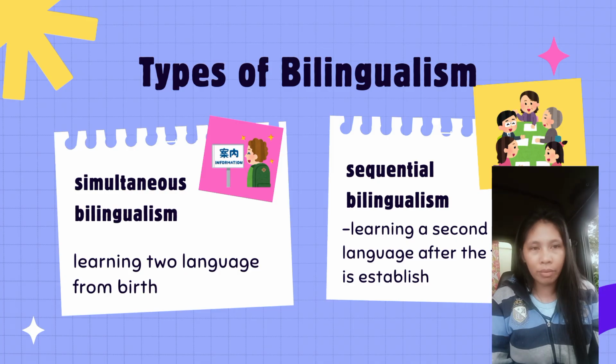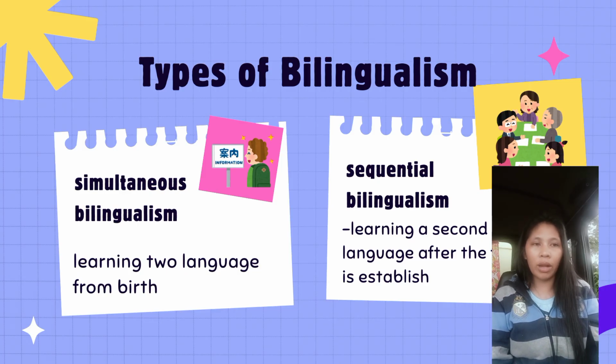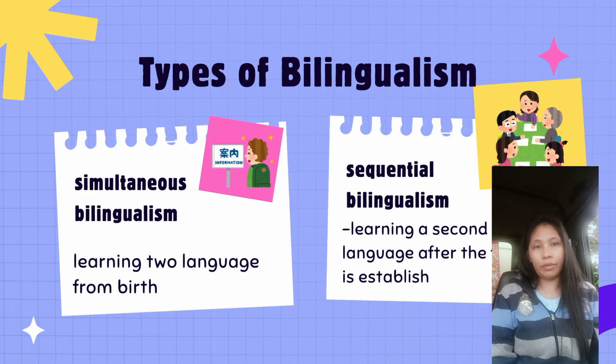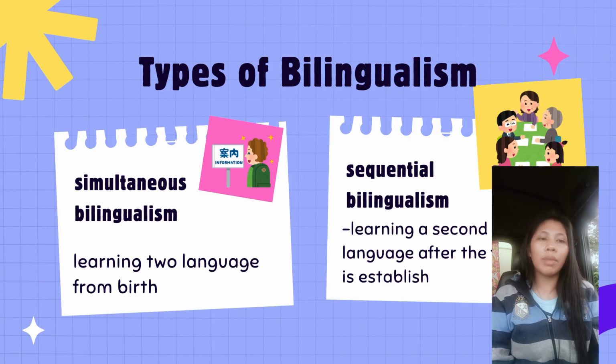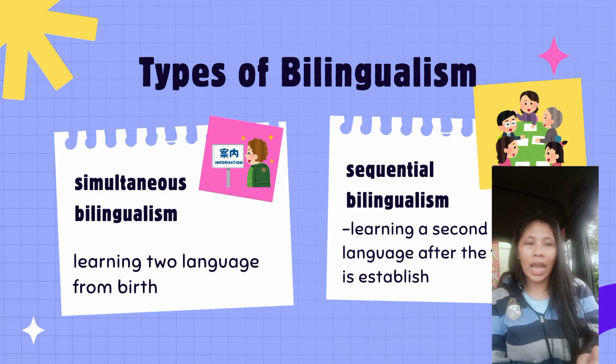An example is that parents speak different languages. That's why the child hears both languages since birth, familiarizing and understanding them, then using them afterwards. And then there is sequential bilingualism, learning a second language after the first is established. This may be possible if the child learns the second language through immersion with people having a different language, and